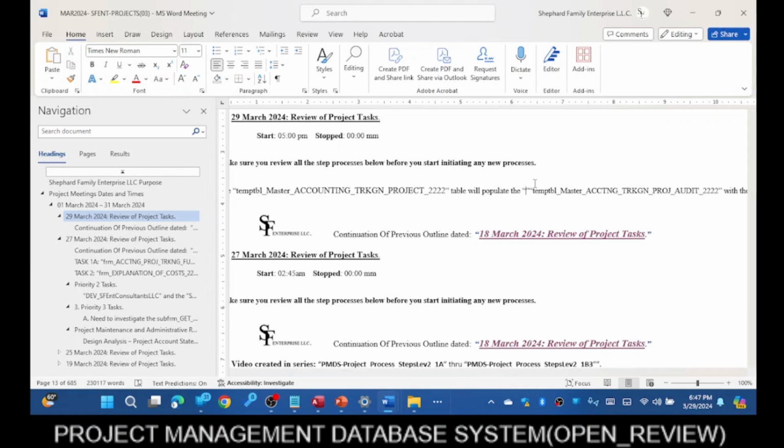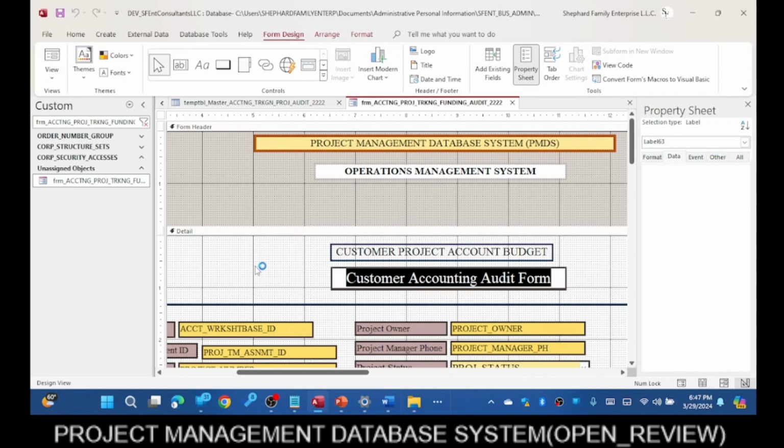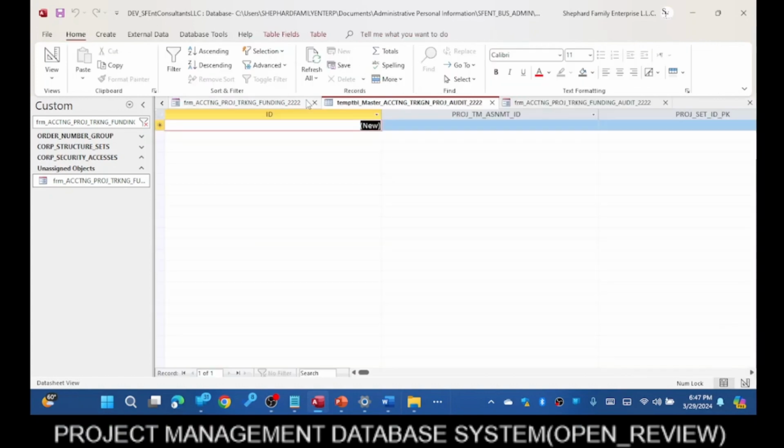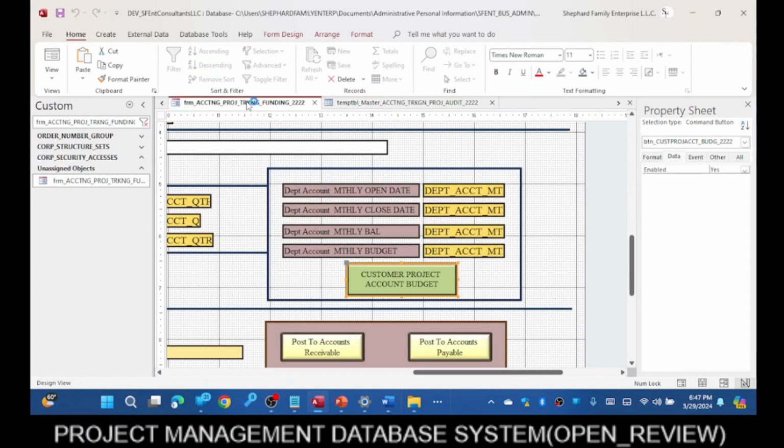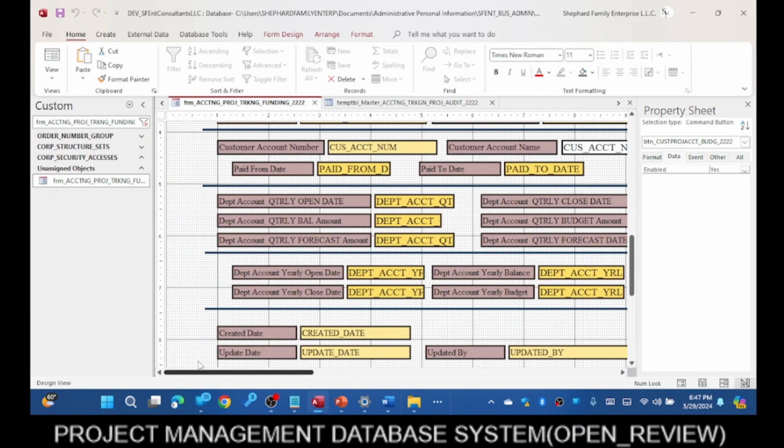So it says on this form, audit form. But see, the thing about it, before we even do that, we need to consider the fact that if we look at this record,